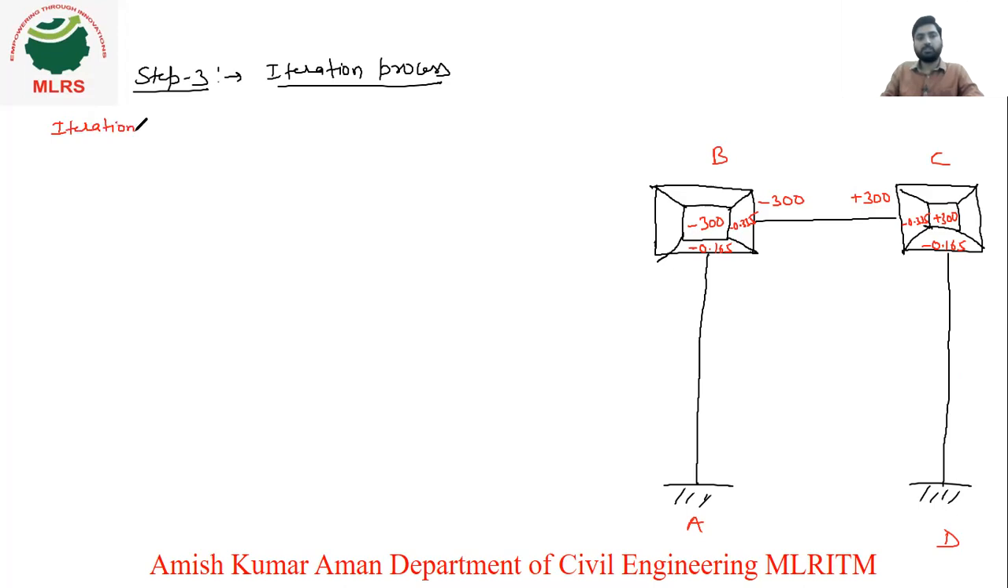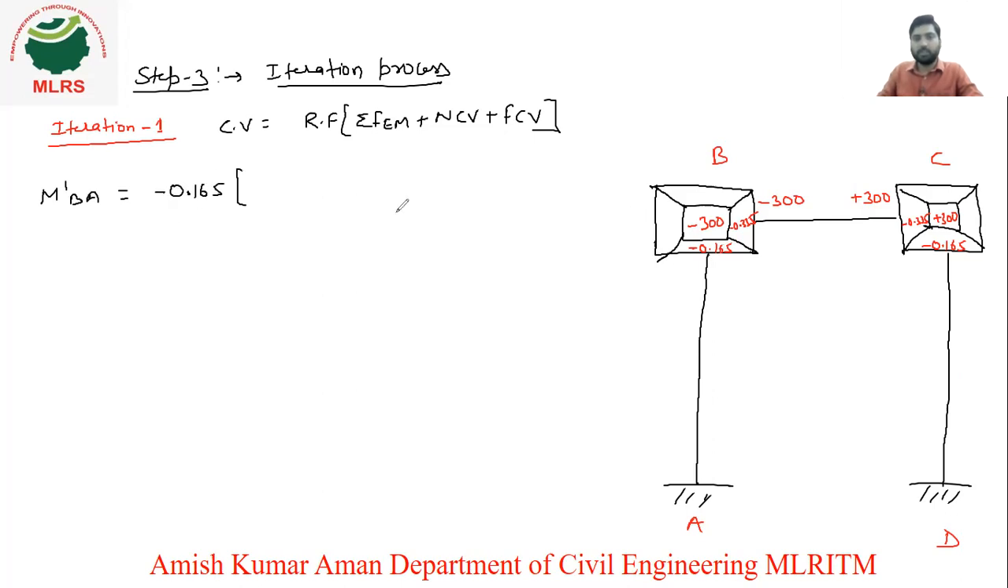Iteration 1. So iteration 1 is now M dash BA, for the B joint. You know the formula for finding contribution value, that is RF, rotation factor, into the sum of fixed end moments plus near contribution value plus far contribution value. So for M dash BA, the rotation factor for BA is minus 0.165 into the sum of fixed end moments at the B joint, which is minus 300, so minus 300 plus near contribution value